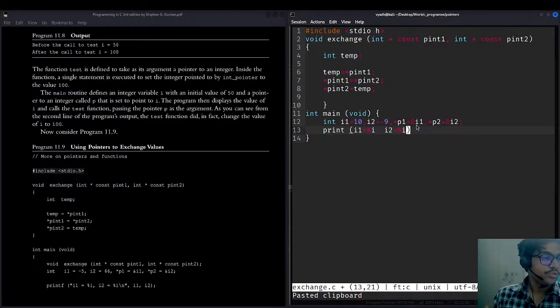So you should not be confused: const char const pt is a double pointer, whereas char const star const ptr is a constant pointer to a constant character. You can say like this.